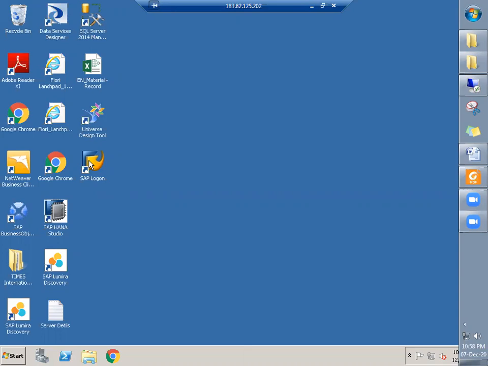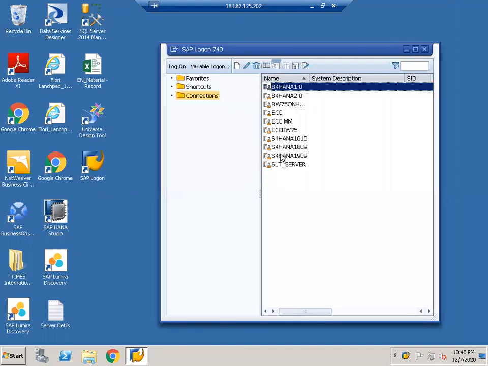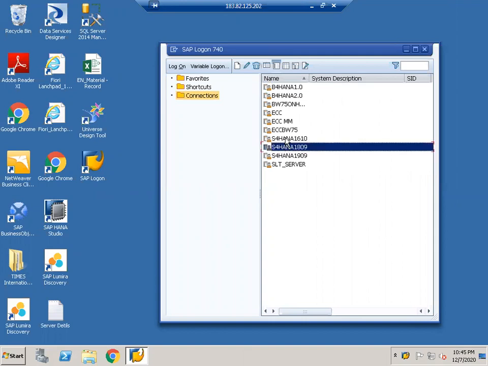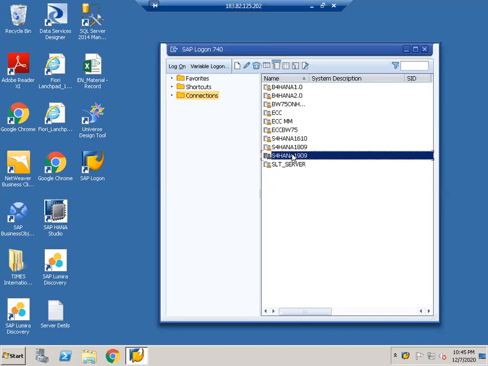If we click on this icon, you see it shows all the available servers, right? It shows SAP S/4HANA 1909, 1809, and 1610, and then the ECC server is also available, right? So these servers are available. You can also access the same thing. I will be providing training on this one.